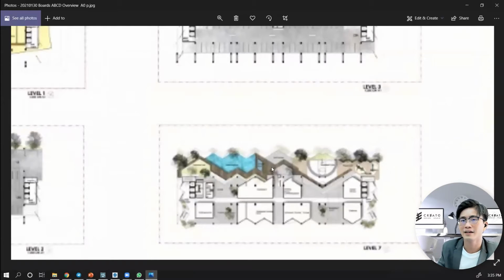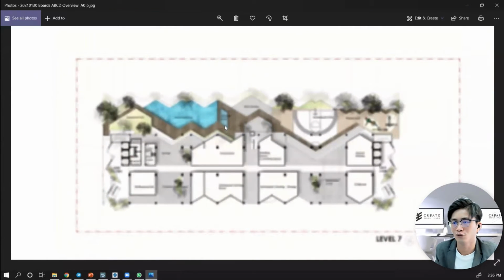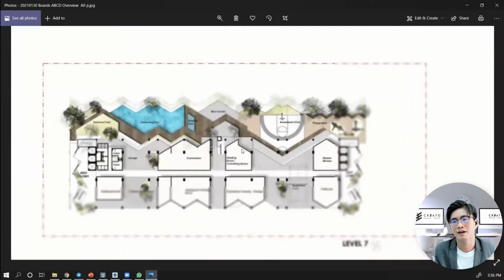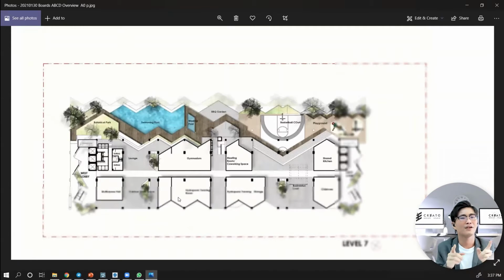After layout, then if you've got time, you can proceed to Photoshop. We suggest you to touch it up, just to color it. Okay, spaces are all labeled in layout already. Just to color it in Photoshop, you get this. How to achieve this effect, this texture, this shadow, these trees? You have to learn it. You have to learn Photoshop well.